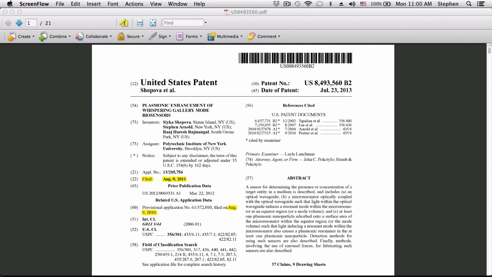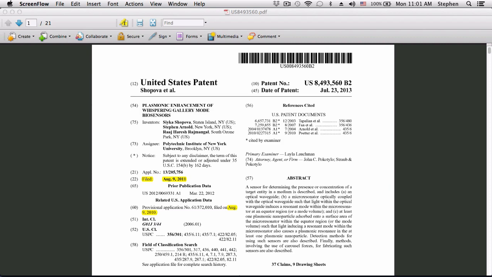I'm here to describe to you a patent. My name is Steve Arnold. I'm from the Micro-Particle Photophysics Laboratory. This patent is about a discovery made by Sika Shapova and described by myself from my laboratory